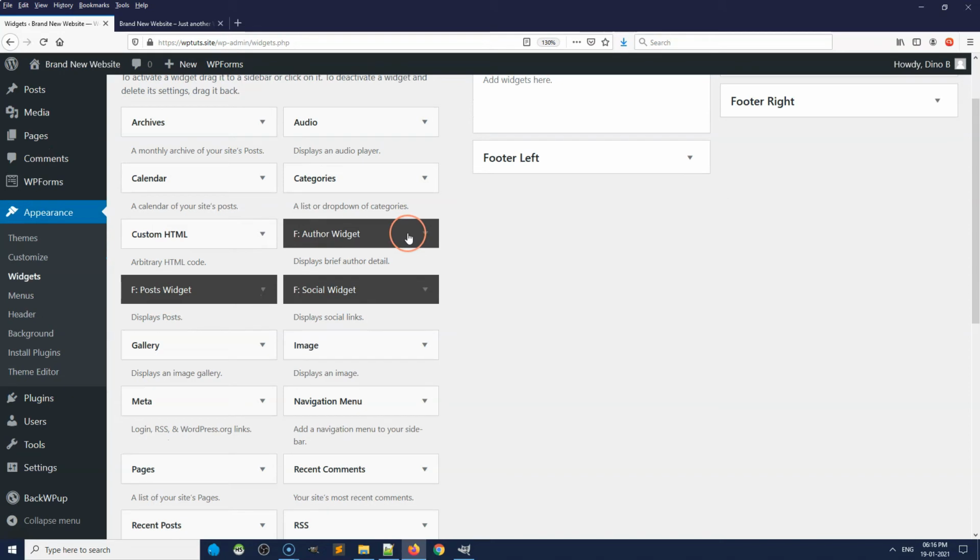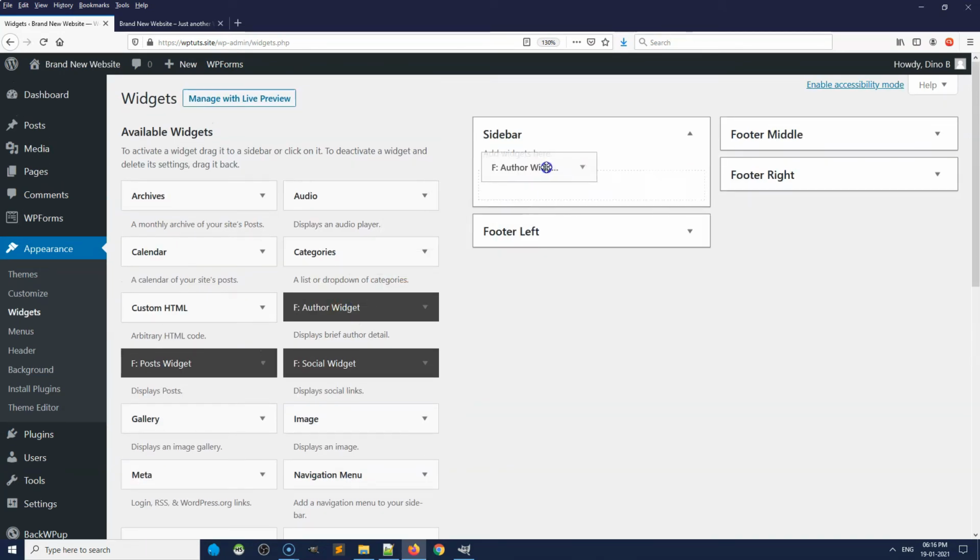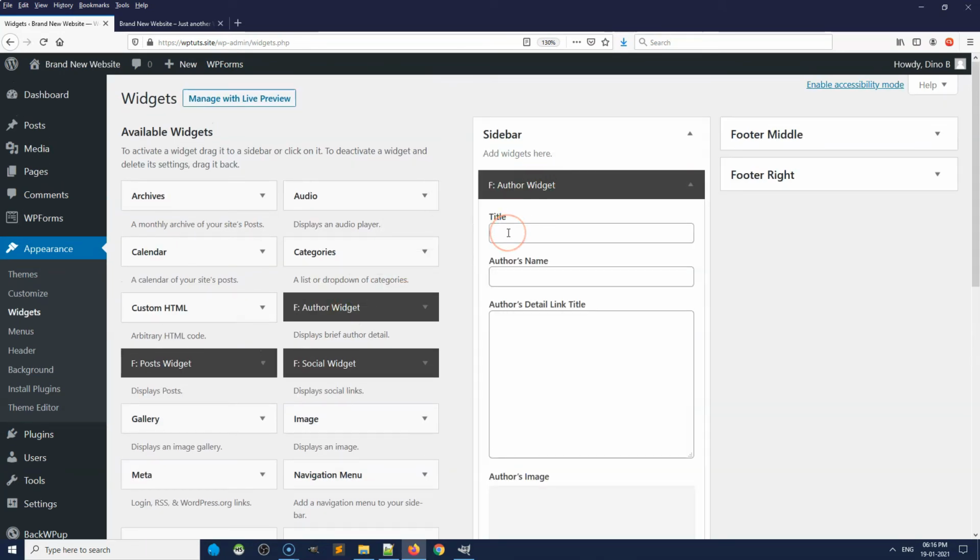So first let's add the Author widget. So enter the title. Now let's enter the author's name. And the description.